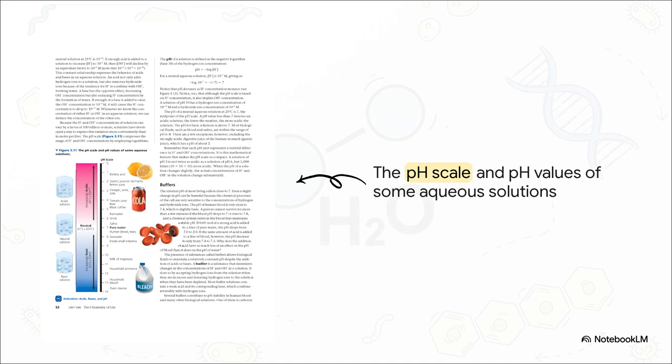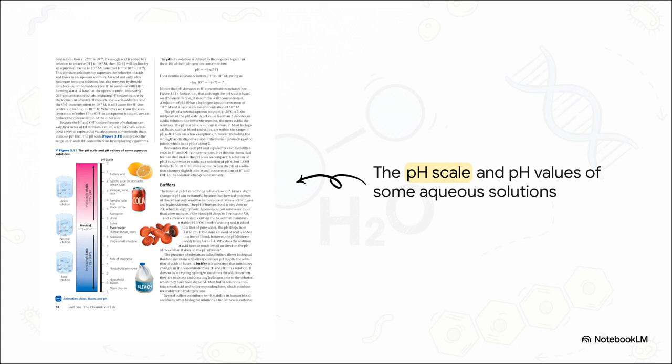To measure all of this, biologists use the pH scale, which compresses the massive range of possible concentrations using a logarithm. Notice how the scale ranges from 0 to 14. Pure water sits right there in the middle at a completely neutral 7. But because it's a logarithmic scale, each single unit represents a tenfold difference. That means a solution at pH 3 isn't just twice as acidic as pH 6. No, it is 1,000 times more acidic.